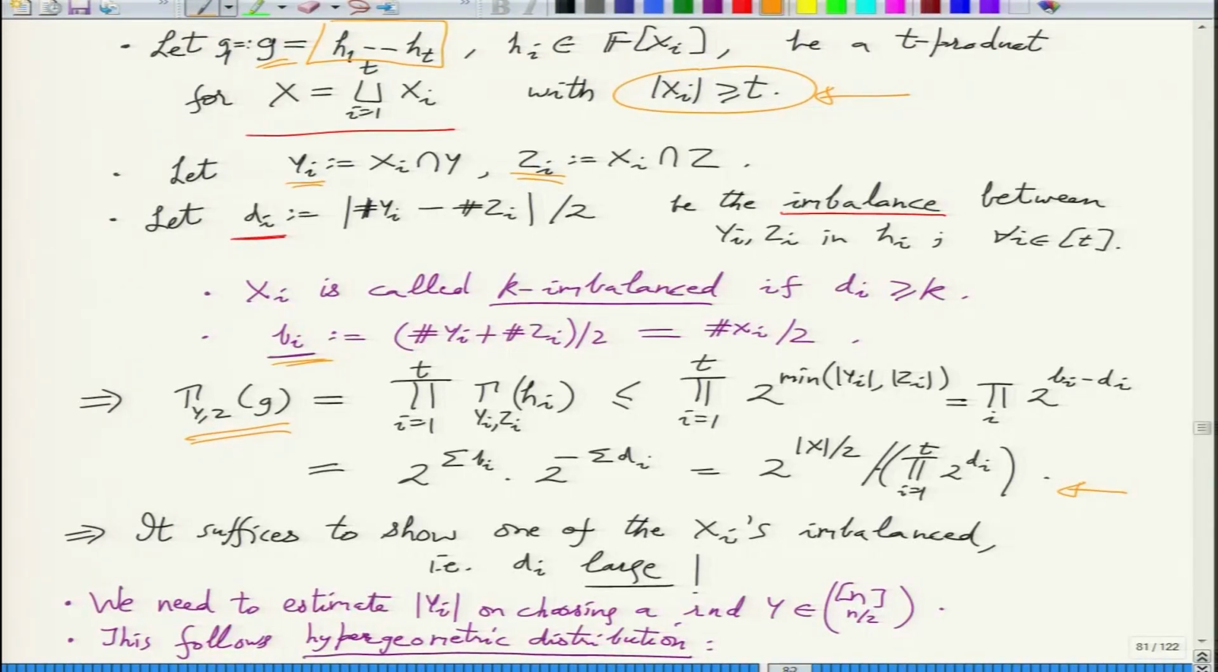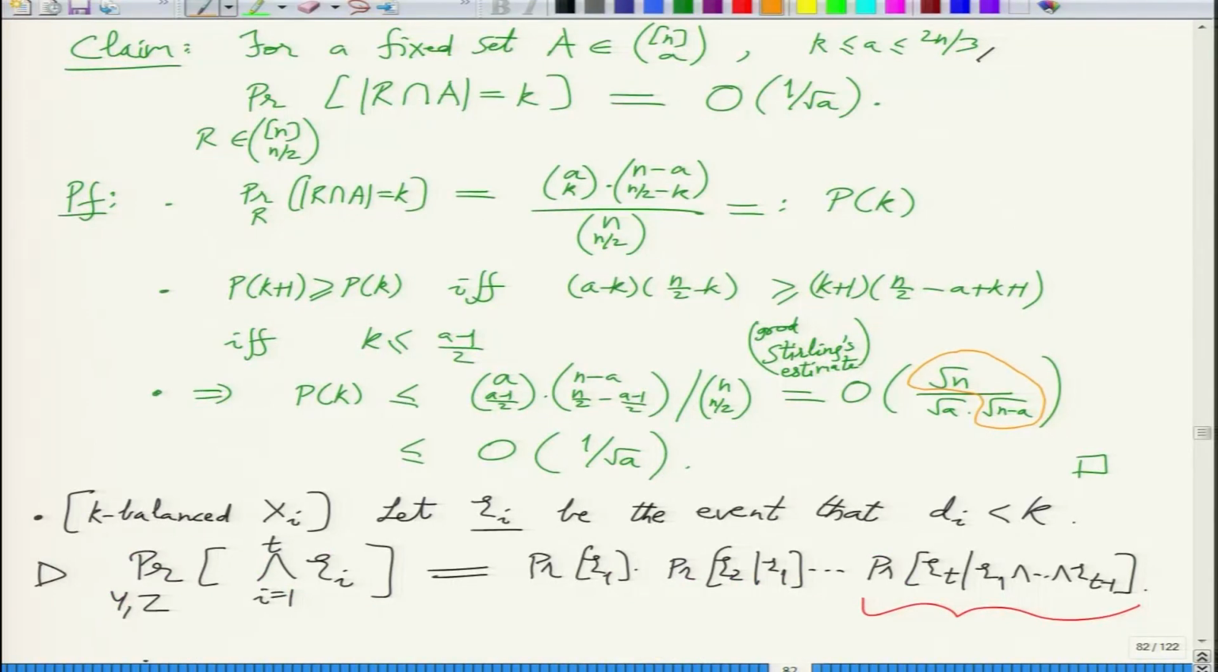For that the analysis is through the hypergeometric distribution, right. So what happens when you pick a random subset R, how many elements of a fixed set A will be picked? The k of them will be picked with probability 1 over square root of A, where A is the size of big A. So we did this simple calculation, and yeah, now after that detour we will analyze